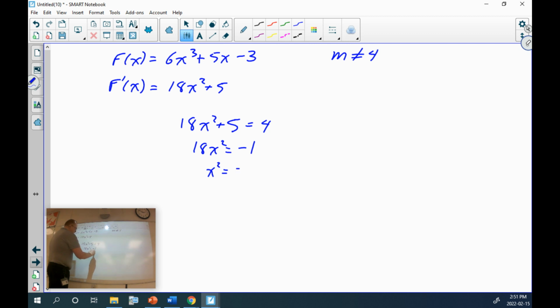X squared is equal to negative. You can stop at this point anyways. Doesn't matter, because at no point, there's no solution to this equation, right? Nothing squared times 18 is going to give me -1. So our answer is, since